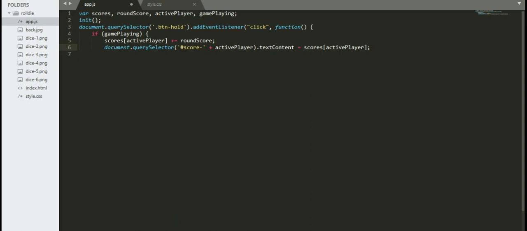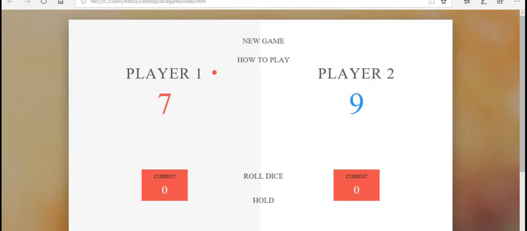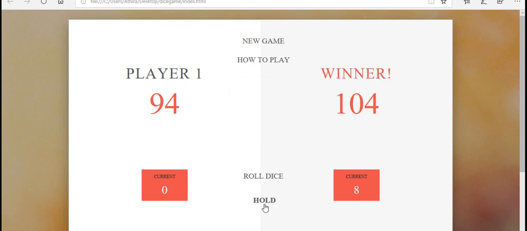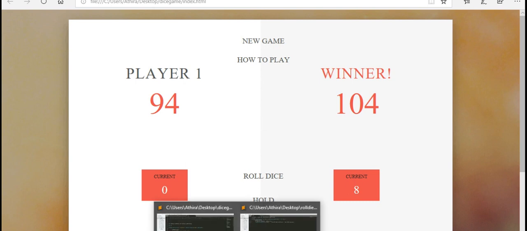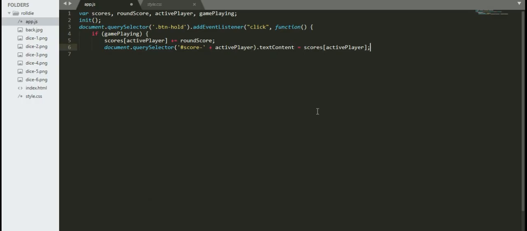the next thing to see, by clicking the hold button, is whether the player wins or not. As you can see, by clicking the hold button, player 2 wins. So player 2's name must be changed to winner, and the dice shown in the figure must be hidden, and the global score is shown as 104, the total score that the player won. So we have to write that function also. For that,